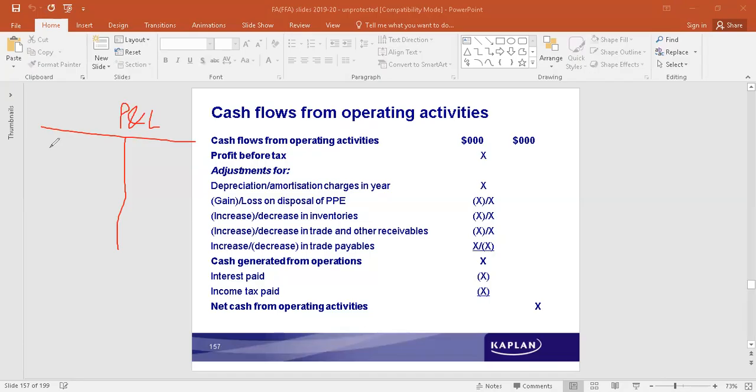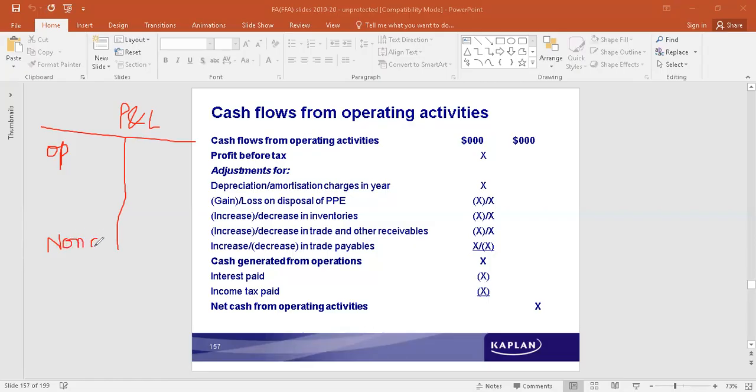Some of them are operating in nature, operating expenses, like operation is buying and selling. So raw material is purchased, then wages, salaries, rent, printing, stationery, etc. All that which is related to selling expenses, part of the operating activity, is accounted here on the debit side. Some non-operating expenses also will be accounted,